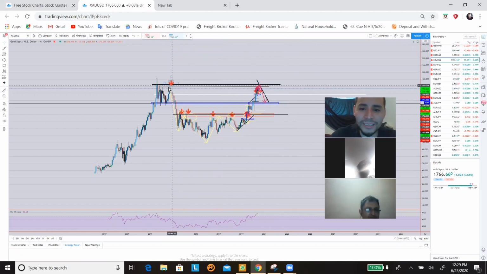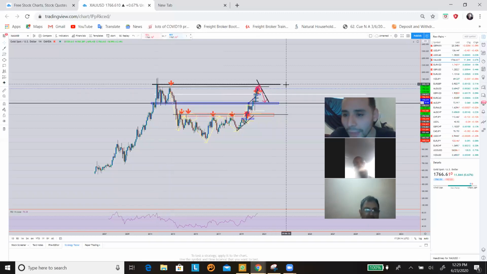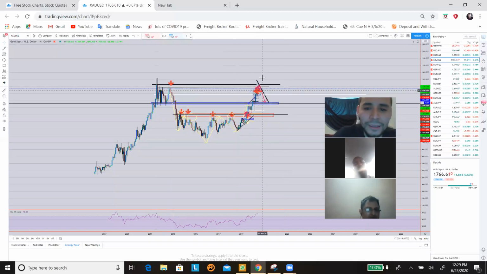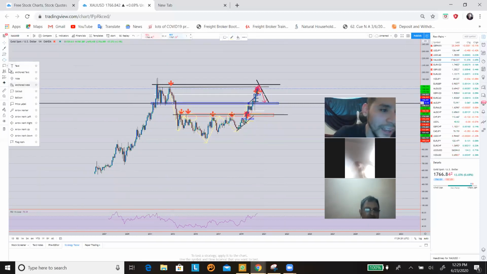We still got to hit this area. 1800 is up here. I mean, we still got a lot of room to hit that. It's gonna hit. And then our initial area, this close up here, which is around 1830. Now, you see on this area here, right? This area over here,